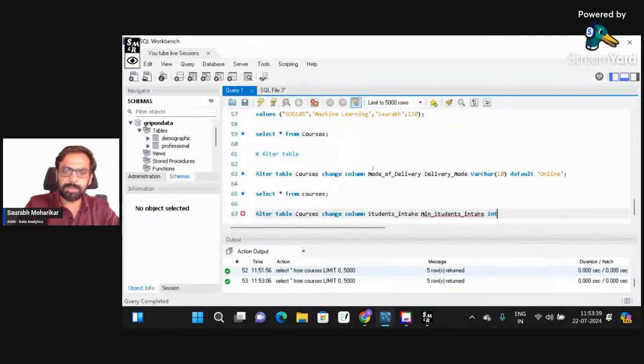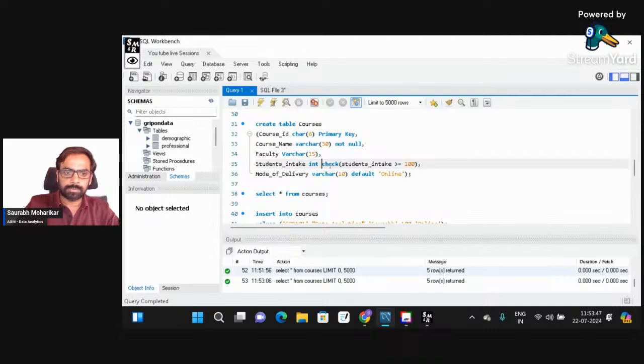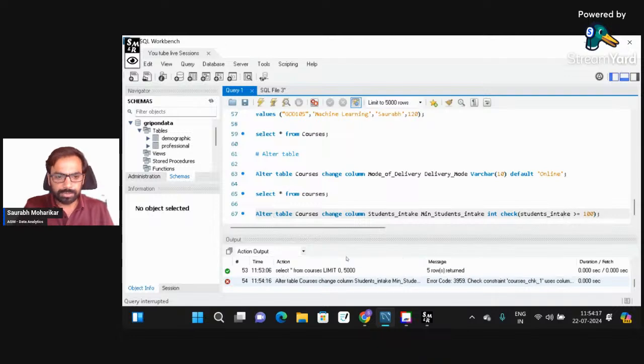और इसमें मैंने एक और कंडीशन लगाई थी. I think that the condition was, this is the condition check wali. I'll copy this. Why write this again? I'll just copy this and put it up. I said that baki sab वैसे का वैसा ही रहने दीजिए. So it says alter the table courses, change the column name students intake, and change the name to minimum students intake, keep it as integer, and keep the check constraint as it is. पूरे कोड में कहीं पर भी रेड लाइन नहीं है, which means that the code is absolutely fine. Technically, code is not wrong. Code is absolutely fine. Once I run this, it is giving me,